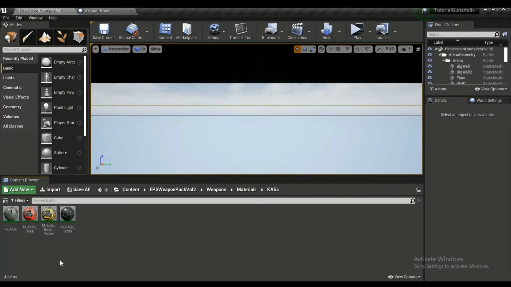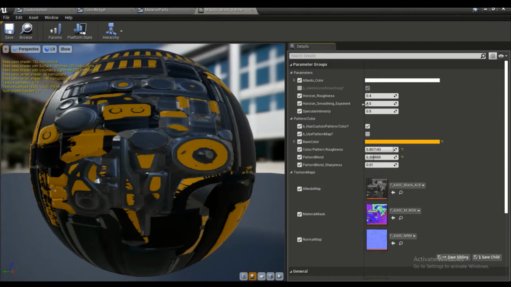Okay, so for each weapon. Now you could just have one, but in this pack they have different instances for different weapons, and these are the materials we're going to be using. So let's click on one of these material instances. All right, now in this tutorial we're going to be using this parameter here, base color, to change the color of the material,